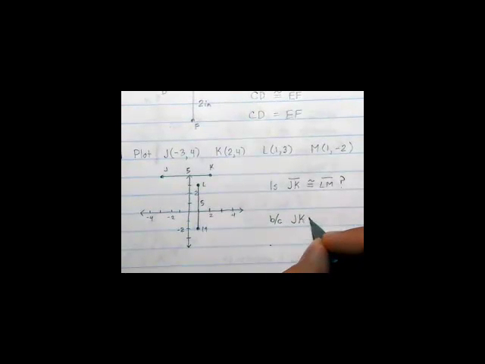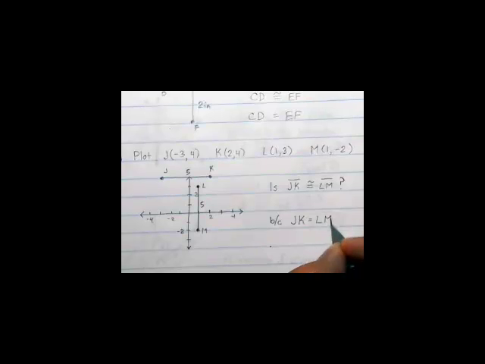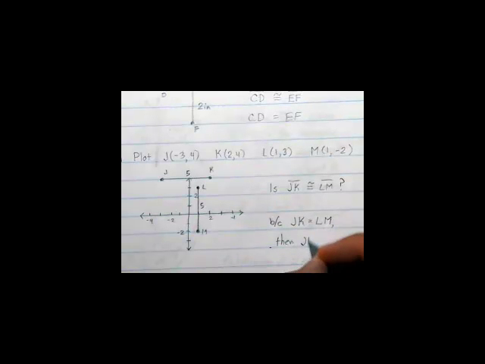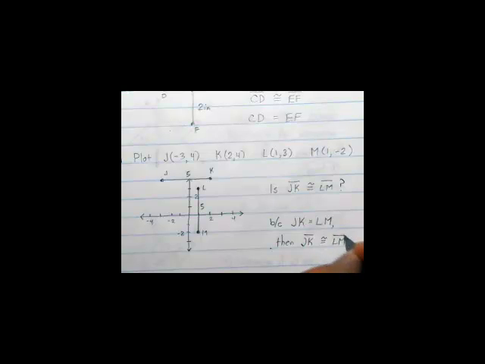So, because the length of JK is equal to the length of LM, then JK is congruent to LM. We got it, okay? So that's one way that you can check for congruency. Just count, see how far apart they are. Well, we're going to, for the rest of the time today,